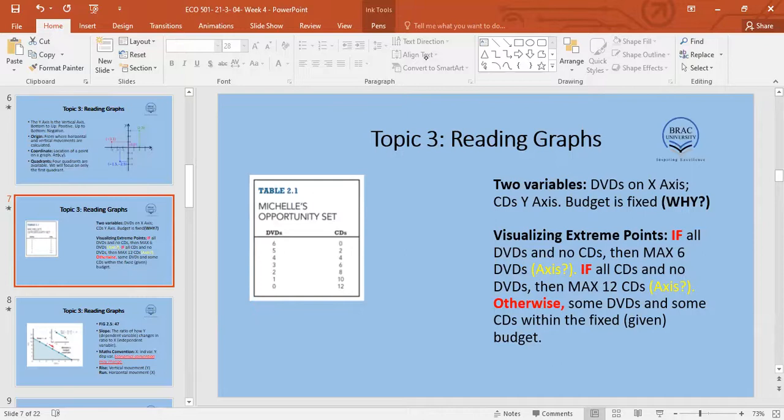Yes, sir. So if we just look at the data, forget about presenting it in a graph, we can see that at 6 DVDs, our budget says that we can't buy any CDs. But if we sacrifice one DVD, then we get two more CDs. If we sacrifice one DVD again, we get two more CDs again by the same ratio. So what happens is,